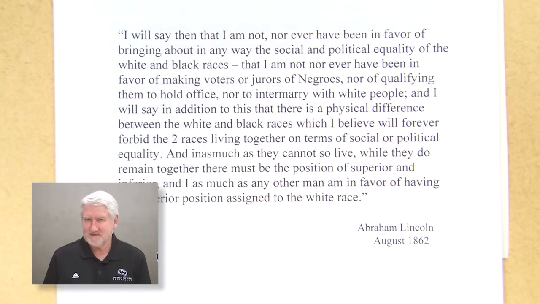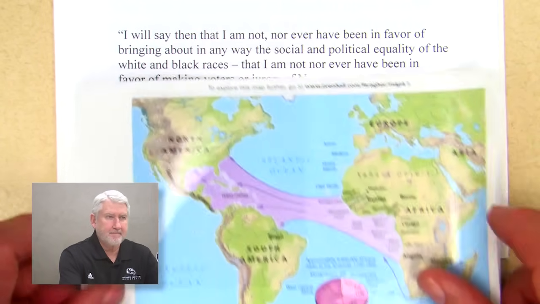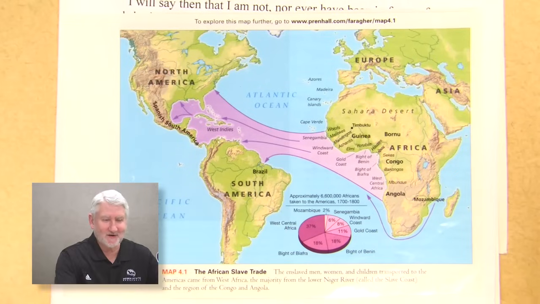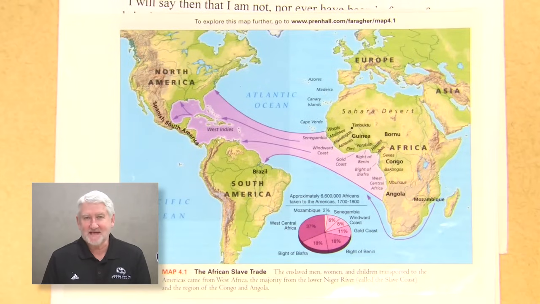Now, here's a question. Why did the Americans and the Europeans, who were setting up the American empire back in the 1600s, 1700s, etc., why did the Europeans turn to Africa almost exclusively for slaves? Well, the answer is really pretty simple. The answer is geography. There's Africa. There is North and South America, continent. There you see Europe at the top. Africa was kind of on the way. The Africans were convenient. They were pretty easy to get.